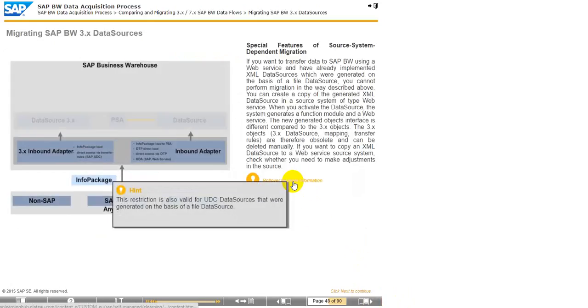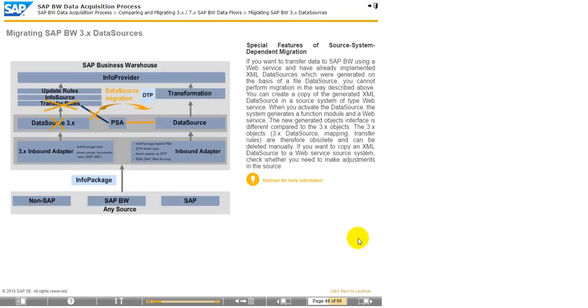You perform migration in the original system. You import the transport for the migration into the target system according to the following steps. In the original system or development system, in the data warehousing workbench, in the context menu of the data source